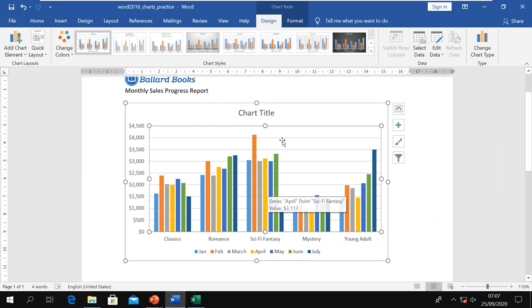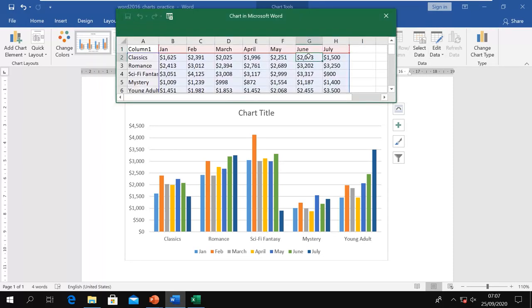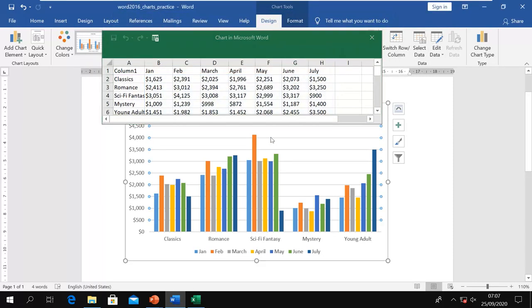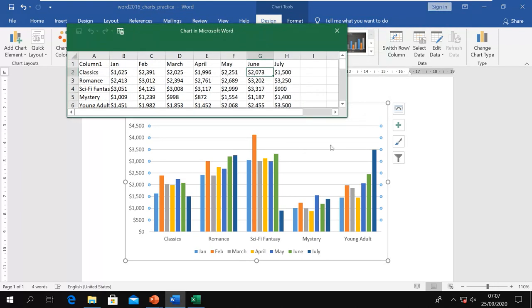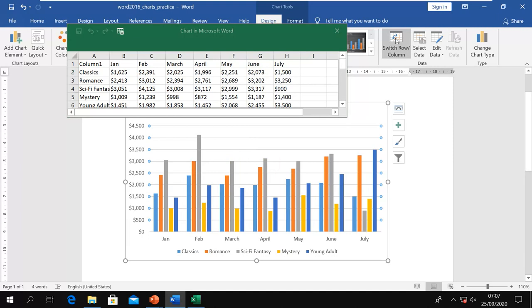So how do we do this? First we select the chart and the design tab will appear. Now go and select edit data, and then you see this window is open. Then you can see this switch row to column command. Now you can click on it to switch. Now you can see here again our data is switched. That means this type of the books is now showing in these columns, bars, and this January, February, March is now showing in rows.